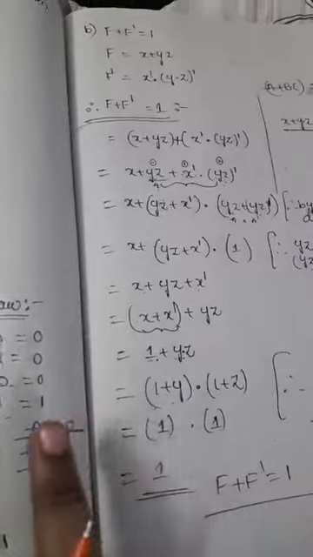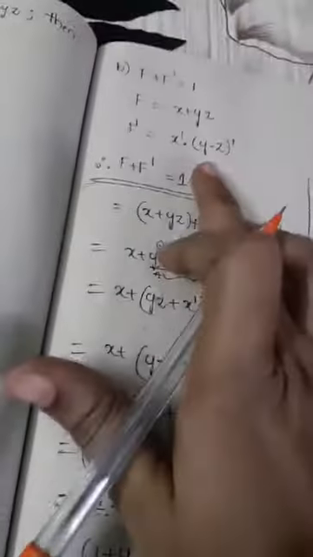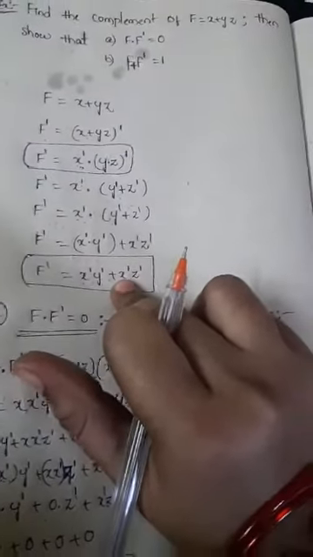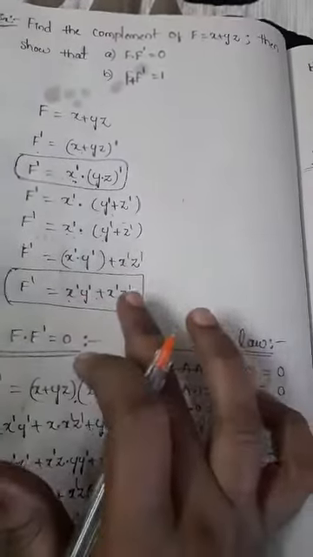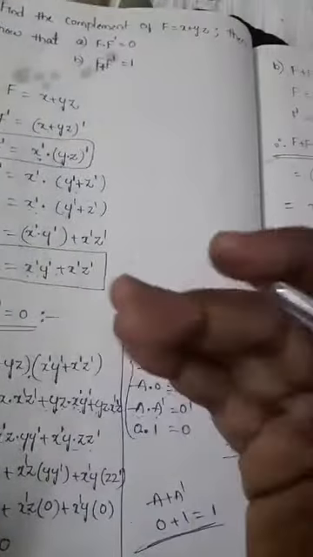So already f plus f complement is equal to 1, and f into f complement is equal to 0. Suppose you consider f complement as some other function; it is a lengthy procedure. If in the place of f complement you take this function, that is a very lengthy procedure and you may need to use different laws. Here we use only one law, the distributive law, so it is a very simple procedure.